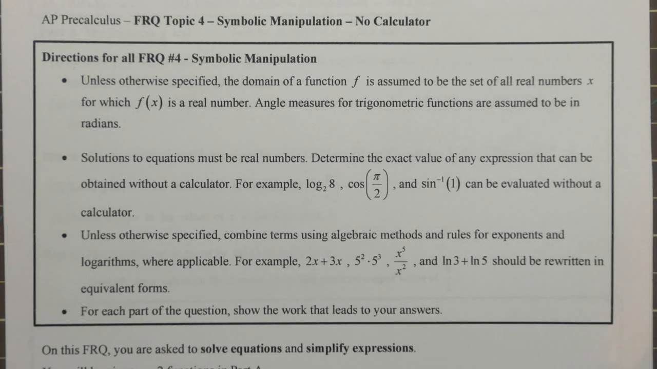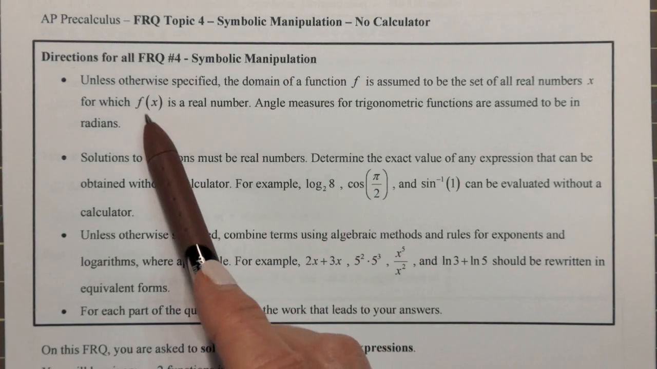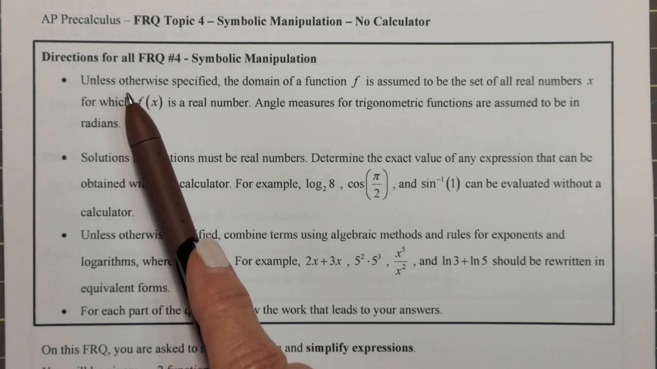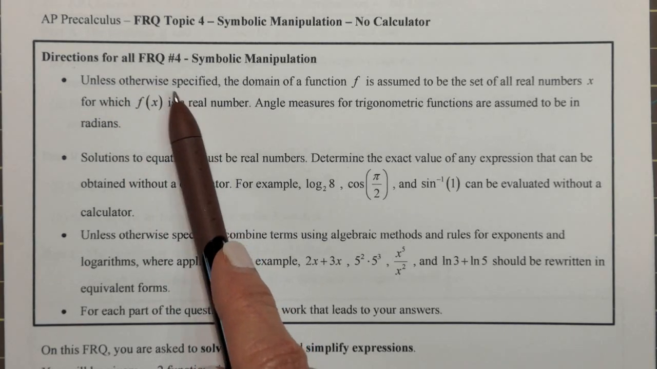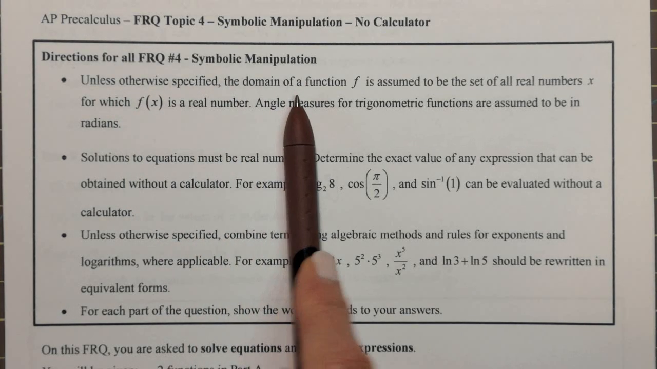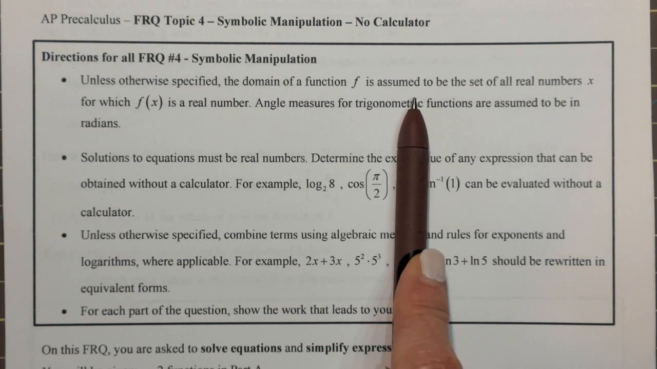This is FRQ topic 4, symbolic manipulation. So these are the directions. This is all no calculator. Directions for this topic. So the domain is always assumed to be the set of all real numbers for which